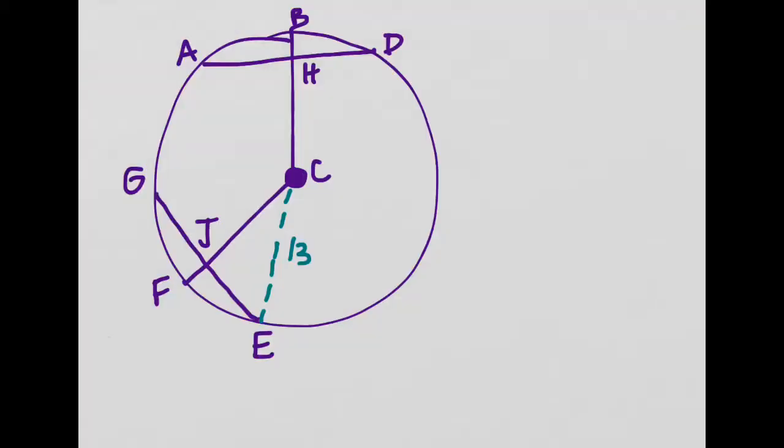All right, example number 3, our last example for today, so hang in there. All right, we've got a circle, and we've got 2 different chords on it. We've got chord AD,